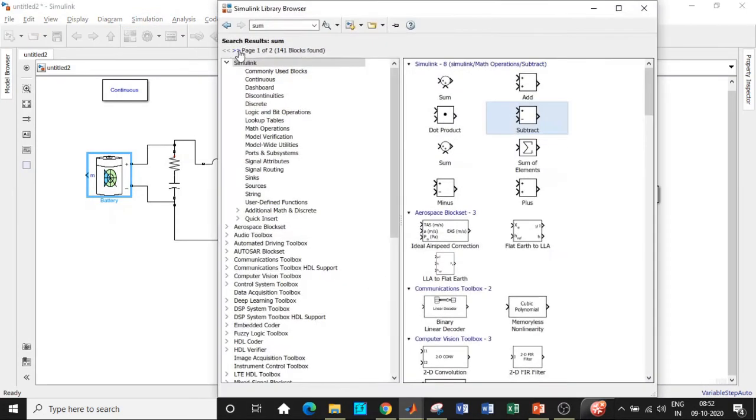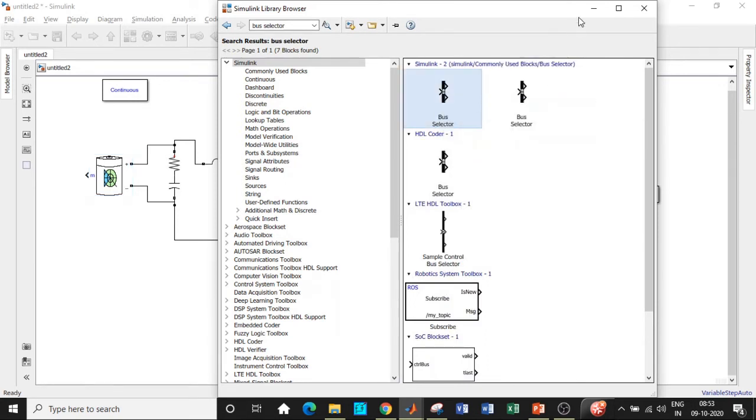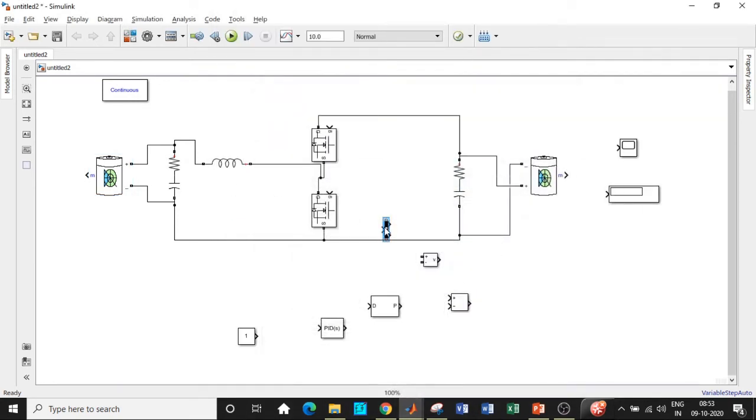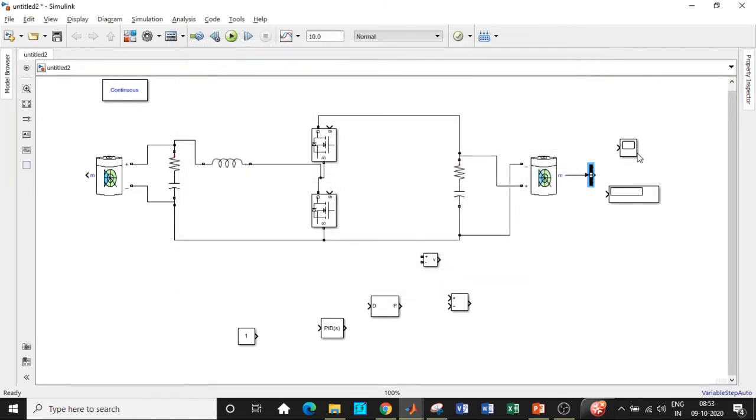So we need a bus selector block as well. We have missed out on that. So search for bus selector and add that block. So over here we can choose voltage and current that we want to see, or you can only choose voltage based on your requirement. So I'll be placing this at this position. Double click on this, choose delete these signals, and add voltage alone, and click on OK. Once that is done, you can directly see the voltage that is available over here in the display block. So what is the charging voltage that is available at this point, you can determine that.